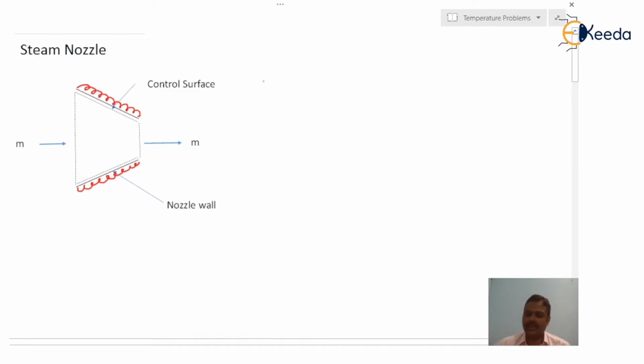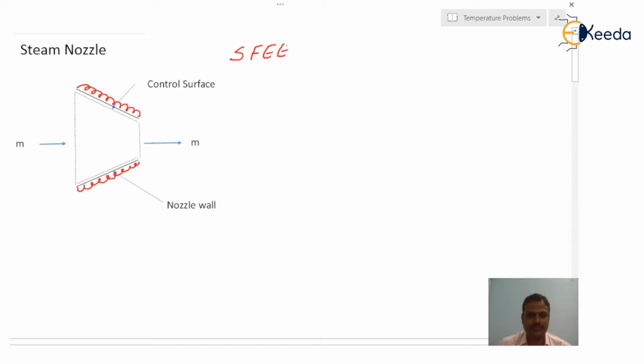So let us consider a nozzle. This is its control surface, and this is the wall of the nozzle, and the wall of the nozzle is insulated, so there is no heat interaction between the system and surrounding. Let us assume there is a mass flow rate of m kg per second across this control volume, and the general steady flow energy equation is given by